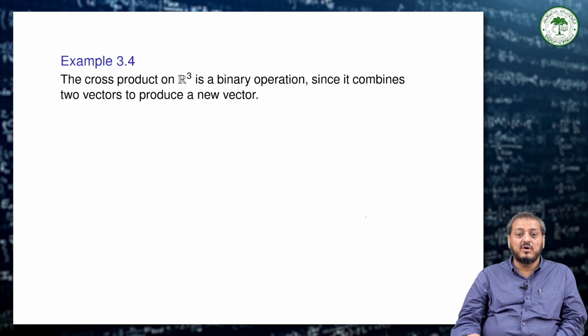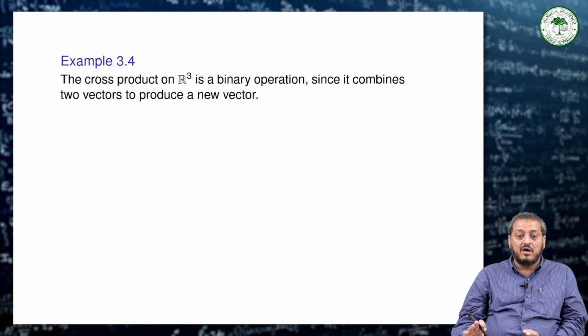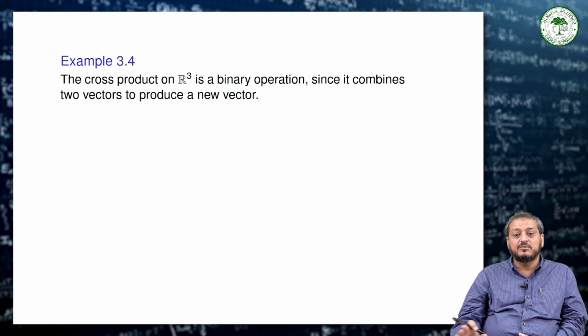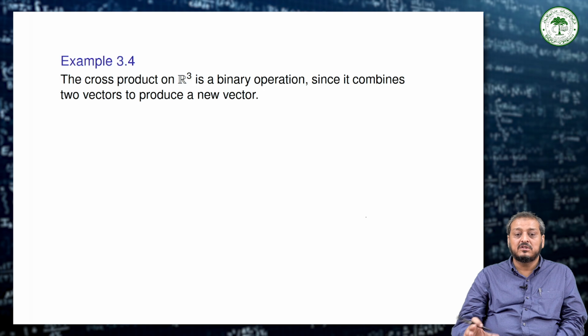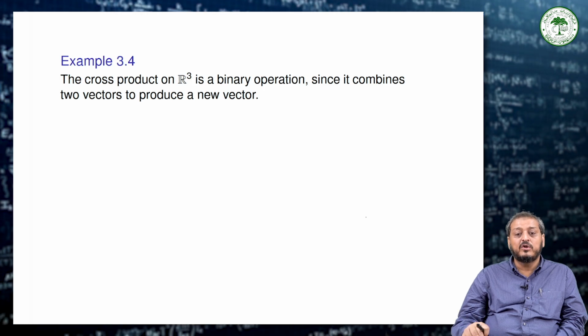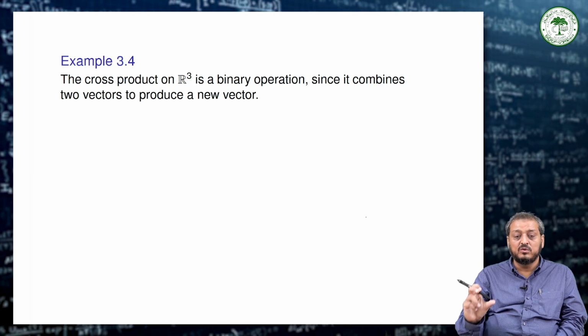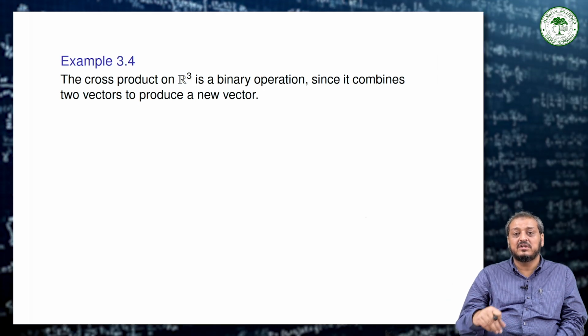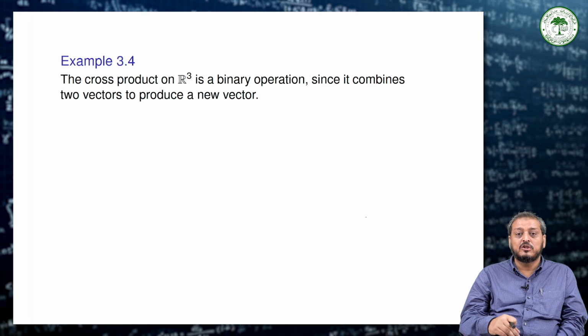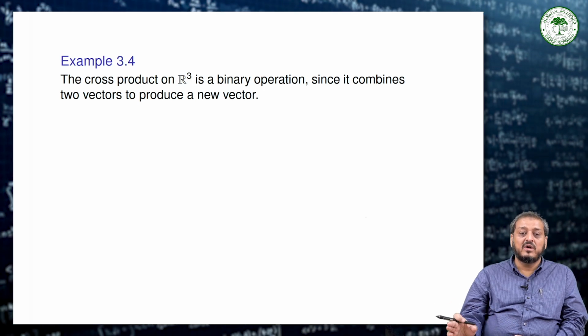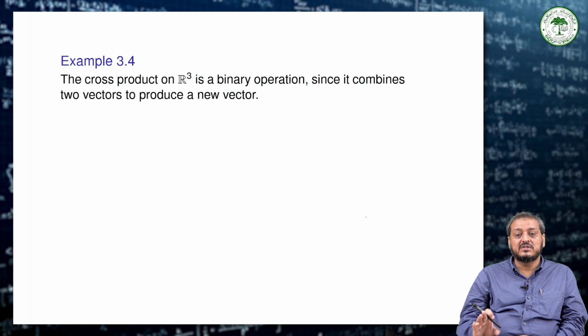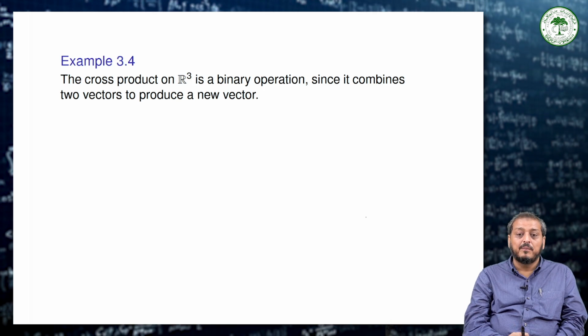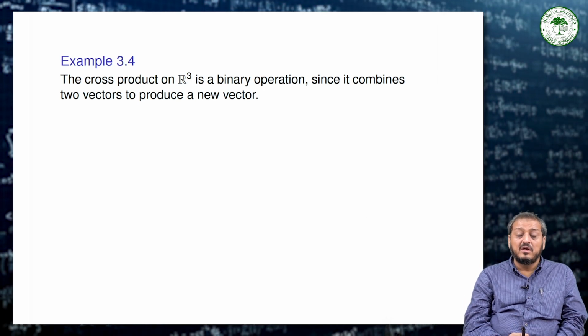We are thinking about the cross product on R3, and that is clearly a binary operation. This means it combines two vectors to produce a new vector. If we take the cross product of two vectors, the result is again a vector quantity. So in this case we can simply say that this is a binary operation, but this binary operation is neither